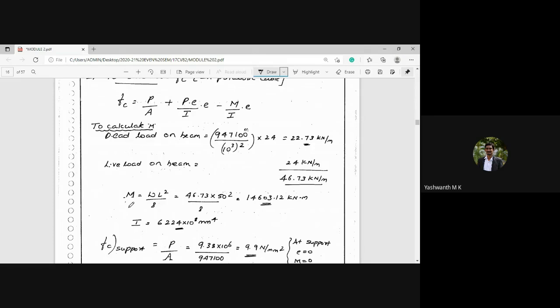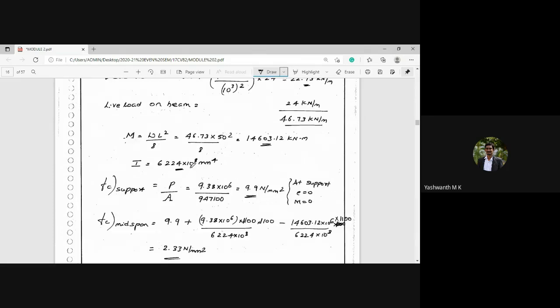Once again, please be careful regarding the calculation of moment. In this problem, we already know the dead load is acting as UDL and the live load is also acting as UDL, hence substitute into this formula. Another thing, since nowhere has it been mentioned whether to calculate at midspan or quarter span, I am going to calculate the maximum bending moment, which occurs at midspan. This is the formula. All these things you should keep in mind.